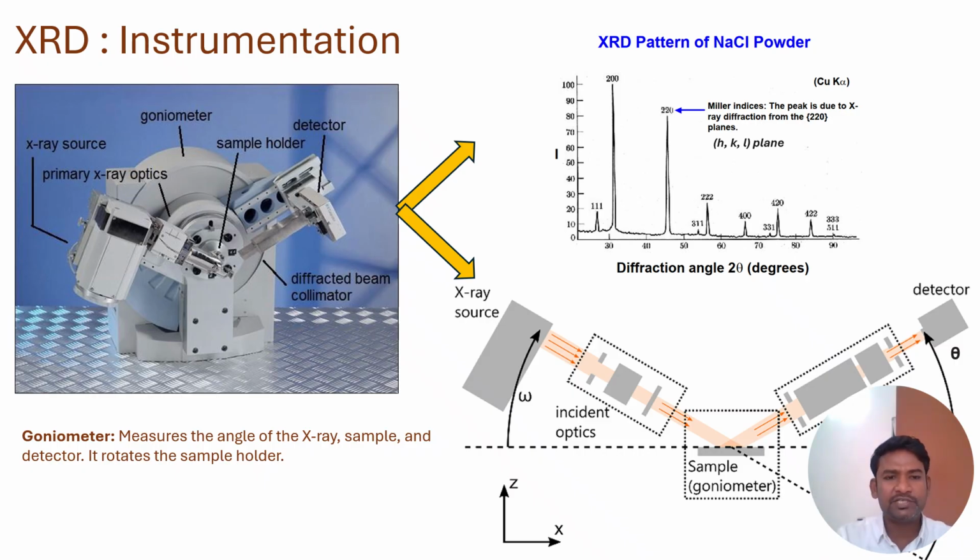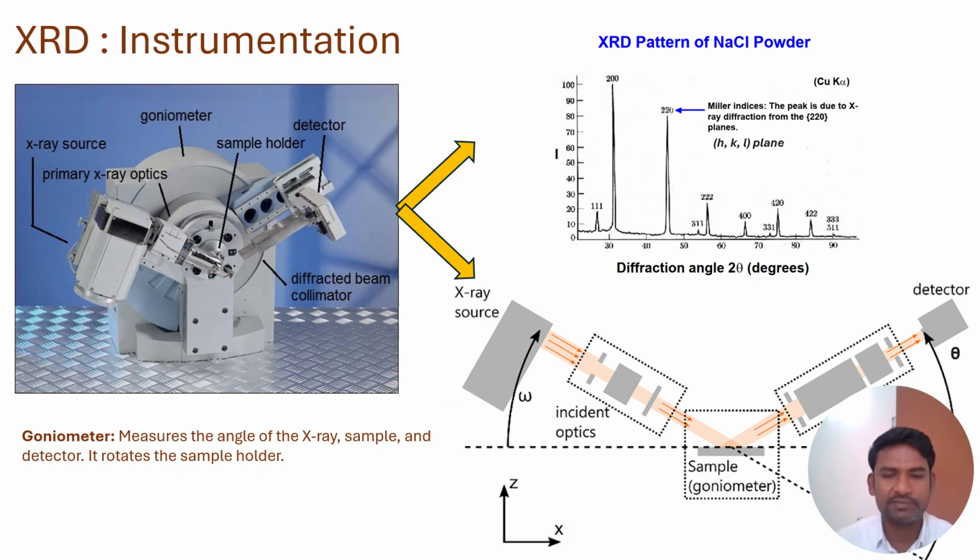That can be measured using the goniometer. The other important thing is that the goniometer rotates the sample holder in a well controlled manner, so that we can rotate the sample and make sure the X-ray strikes every part of